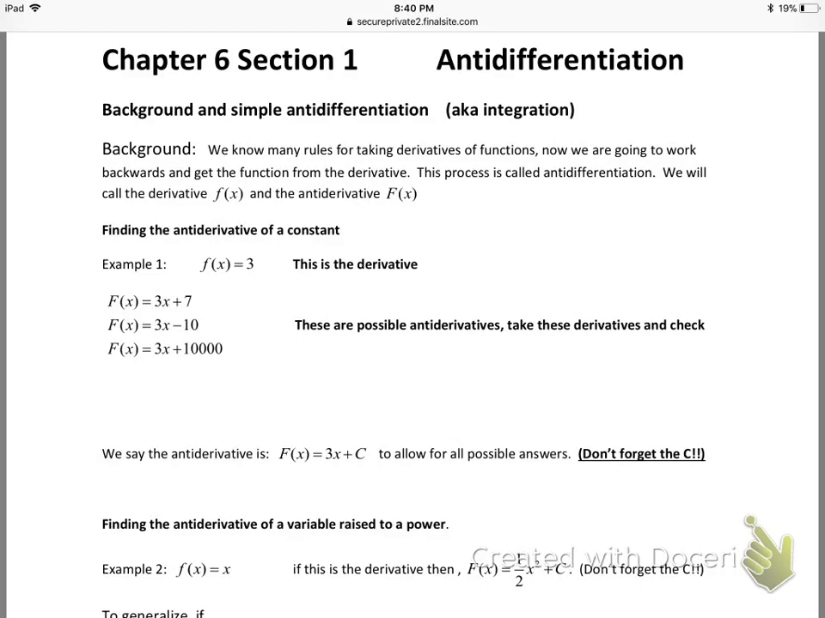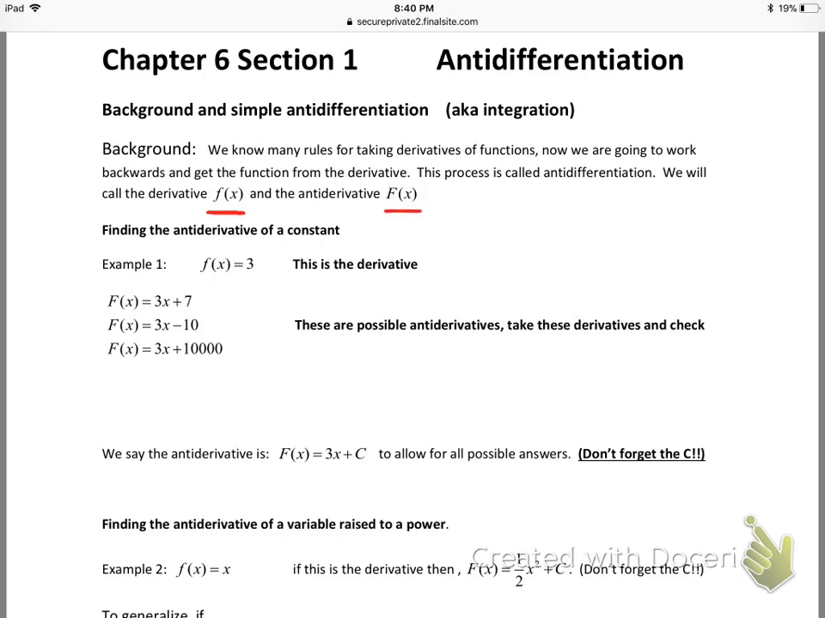Okay, in 6.1 we start to talk about anti-differentiation. So I give you a little background and I say that you know how to take derivatives of functions. So now we're going to start working backwards and get the function from the derivative. And this process is indeed called anti-differentiation. So we'll call the derivative f of x, and the antiderivative is